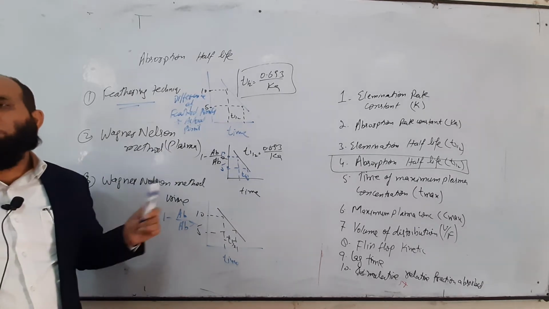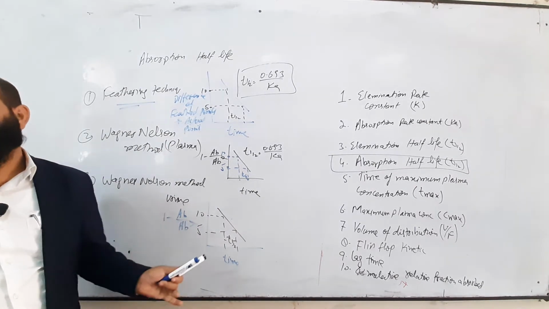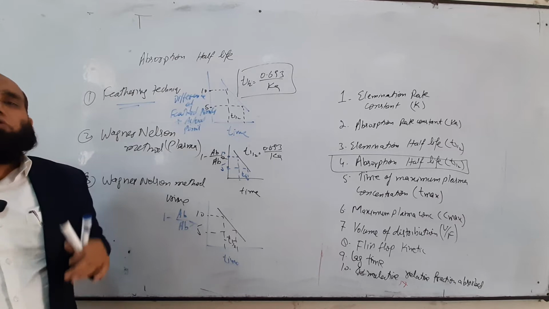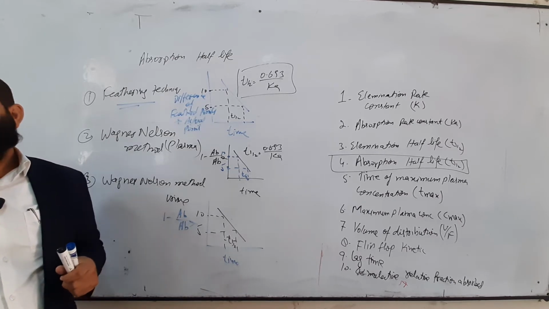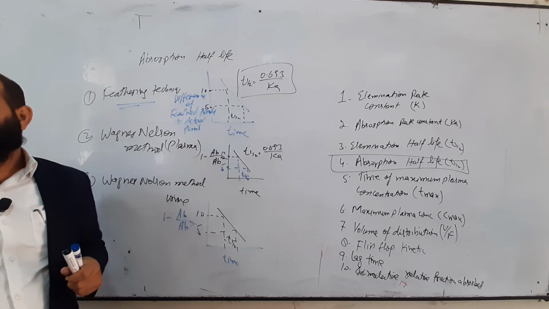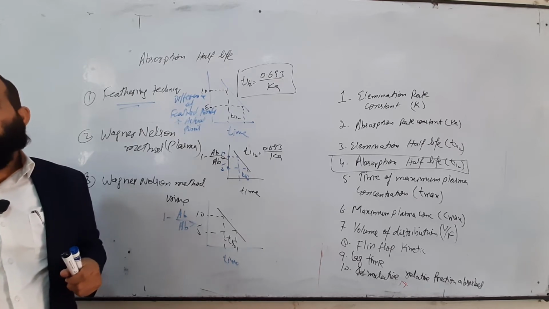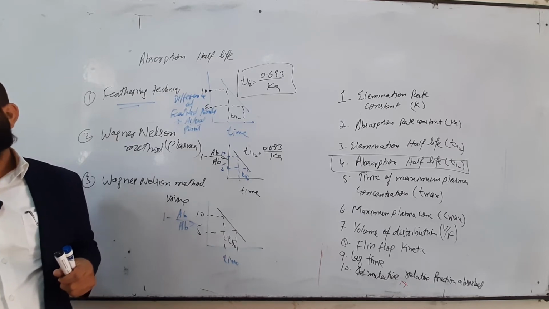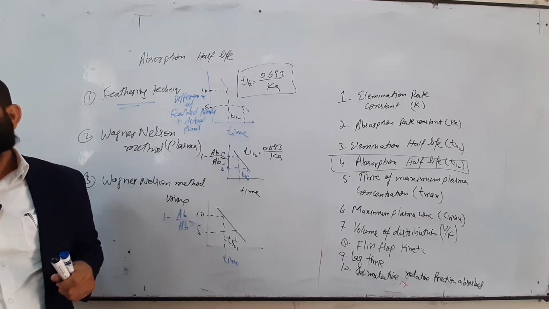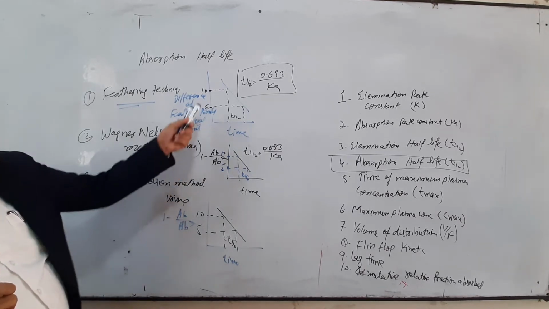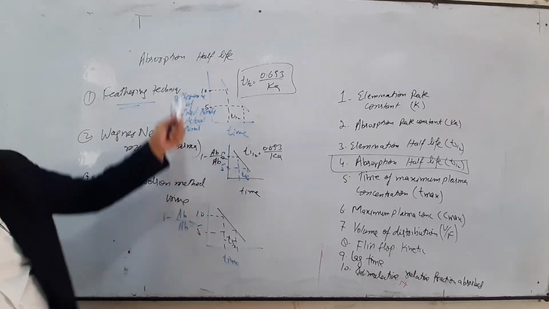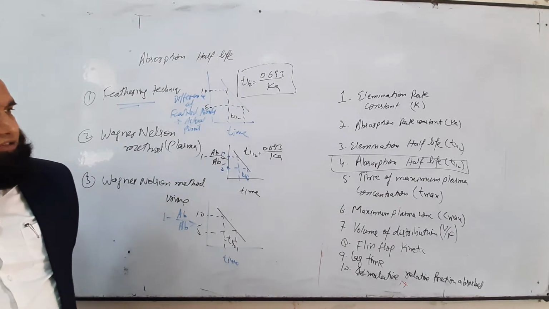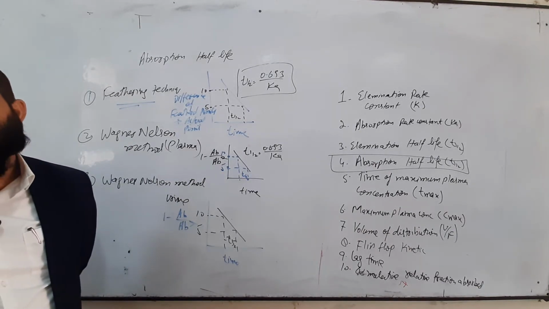So, how many parameters do you know to calculate the absorption half-life? So many. How so many? Because we have learned the technique to calculate the absorption rate constant. And when we calculate the absorption rate constant, either by using the feathering technique or by using the Wagner-Nelson method, then we can calculate the absorption half-life. That half-life is T half is equal to 0.693 over Ka. And in the same case, when we are using this equation, these are the same scenario, and the formula is the same, T half is equal to 0.693 over K. That is actually the absorption half-life. I hope you got this point.